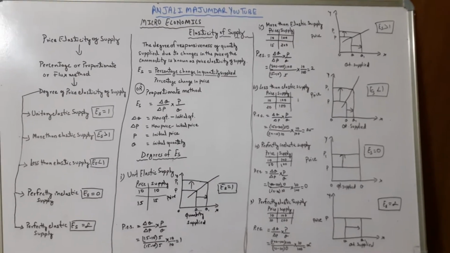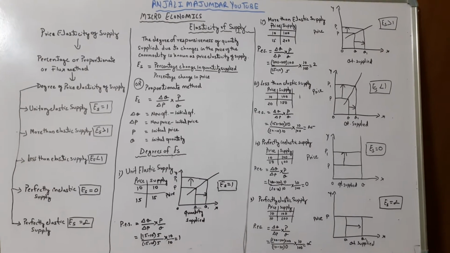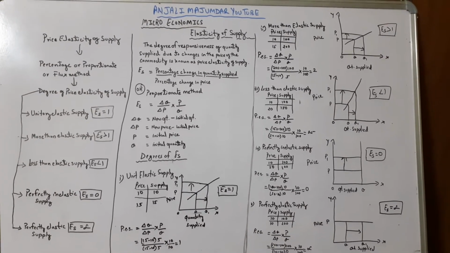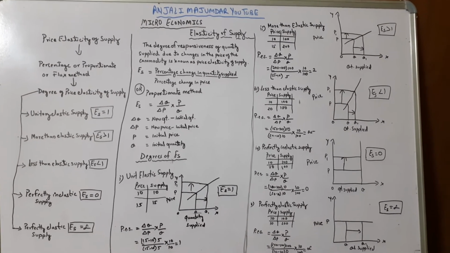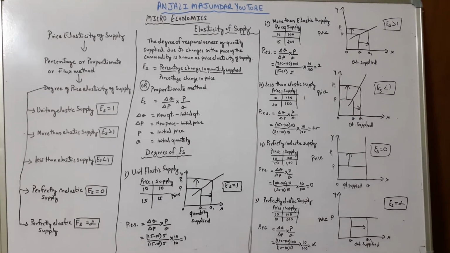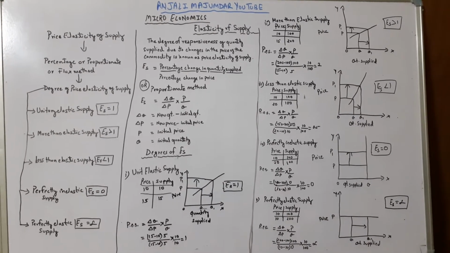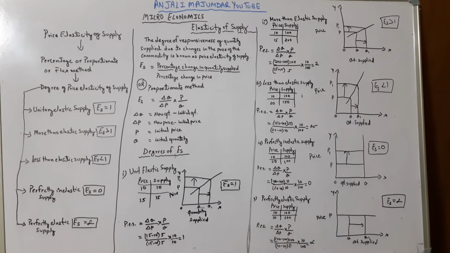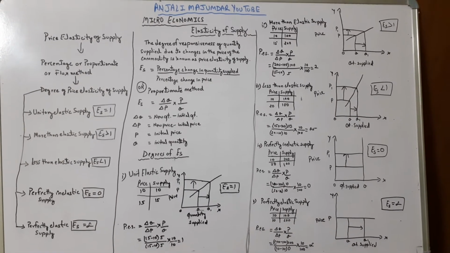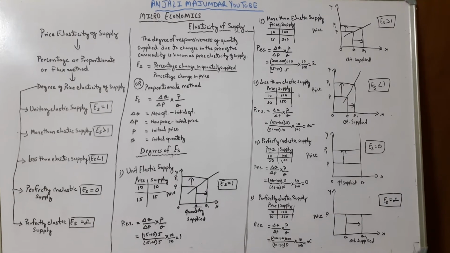Then the second is more than elastic. Here the price is 10 and supply is 100 units. At price 15, when the price becomes 15, the quantity supplied becomes 200. After applying it into the formula delta Q upon delta P, where delta Q, the new quantity,